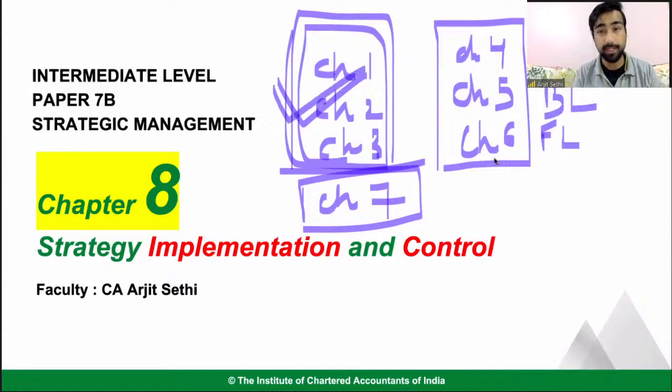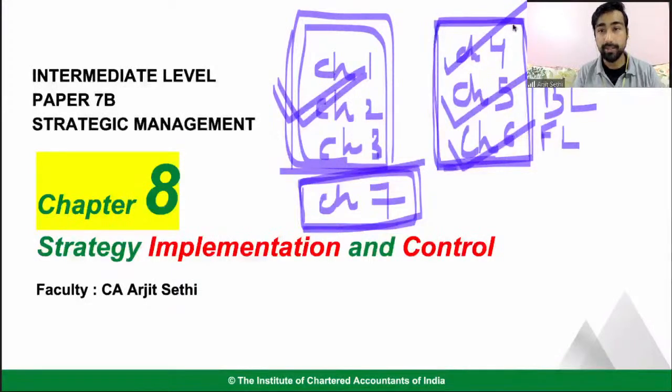The first 3 chapters explained that. The next 3 chapters helped in planning, right? What kind of a strategy the top level will make, what kind of a strategy the business level will make, what kind of a strategy the functional level will make, right? Planning is also done. Chapter number 7 formed the base of implementation. The strategy is made, I understand what strategy to make, the analysis is done. Chapter number 7 was telling the relationship between organizational structure and strategy, right? If your strategy changes, if you're building a strategy, it is very important to have a matching organizational structure, right? Your organizational structure should match your strategy. That is what chapter number 7 explained.